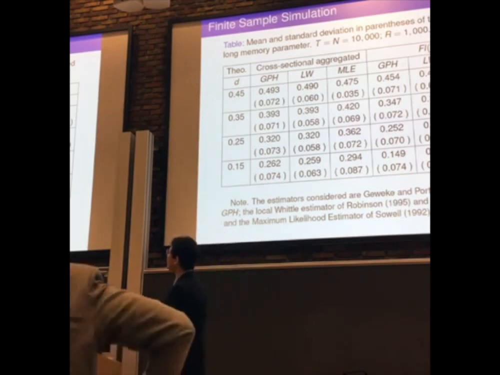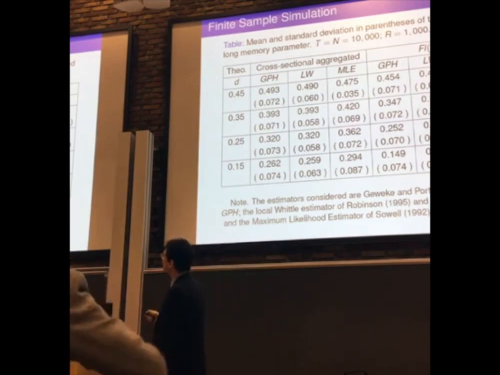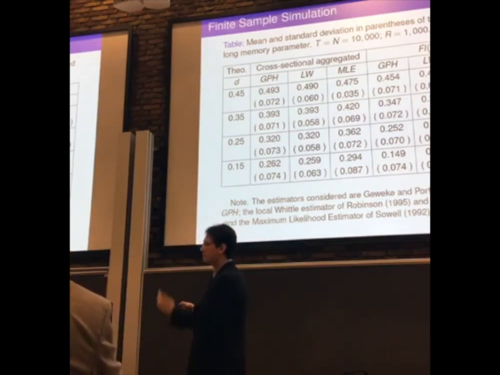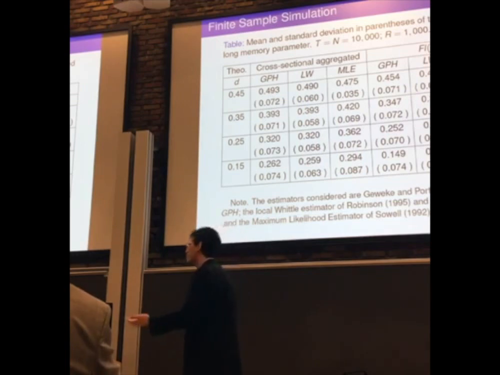So even considering the maximum likelihood estimator, we are getting more memory than we wanted to generate. And this just gets worse as we try to generate even less memory. So for 0.25, I'm over 0.3 in all cases. And it's not the same with the fractional difference. The fractional difference is pretty much spot on. And even the other estimators are robust, so the three estimators are getting more memory.